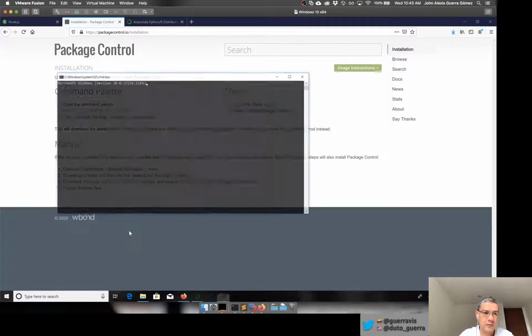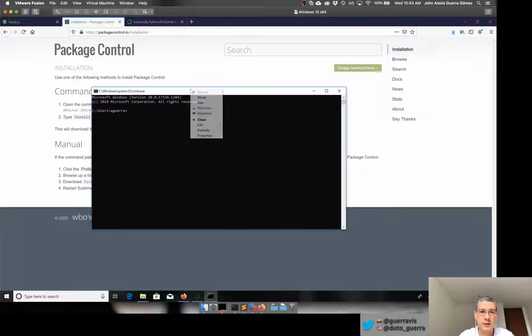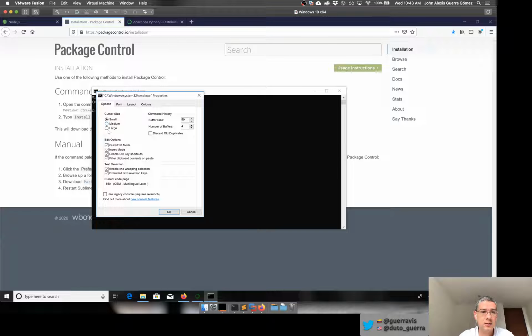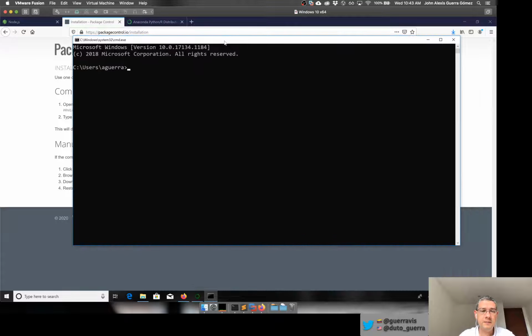That's the problem of not being used to Windows. But sorry if this thing is not big enough. Don't know how to make it bigger. Large, cursor size, no, buffer size, font, 24 maybe. That kind of works. Anyhow, so what I was saying is that I want to be able to enter here,